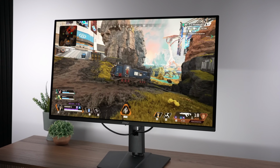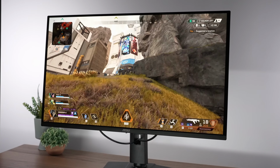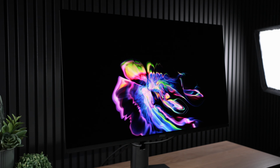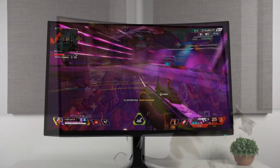And then you got the monitors from MSI where, oh my lord, they've got one for just $900. I say just, yes, it's a lot for a monitor, but when you compare it to the other 4K 240Hz OLEDs, that's a great price. And there's the other one, the MPG model for $950. They've just got a ton of great options. And then there's the curved one from Alienware, which is also excellent with its latest firmware. And yeah, that curve is...